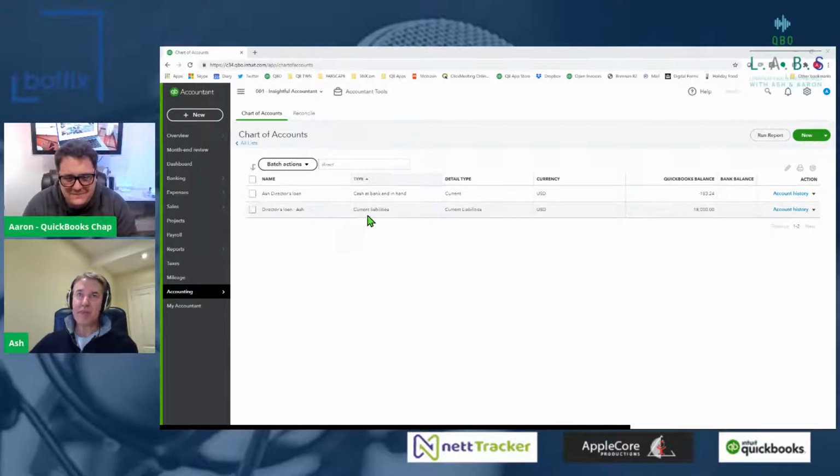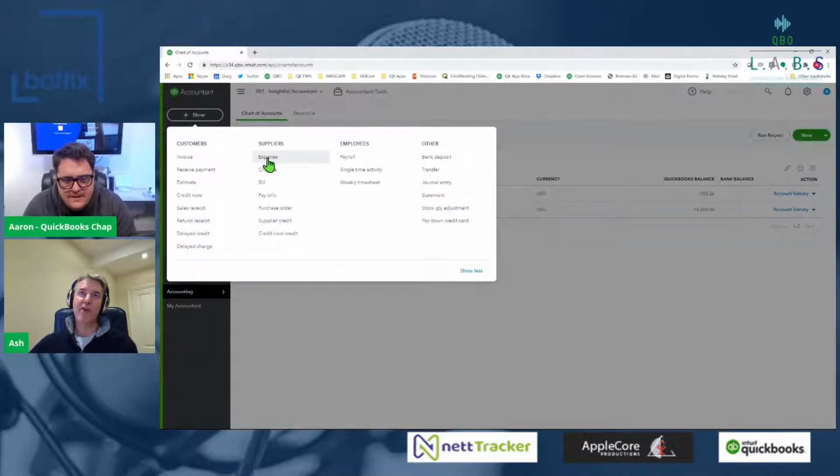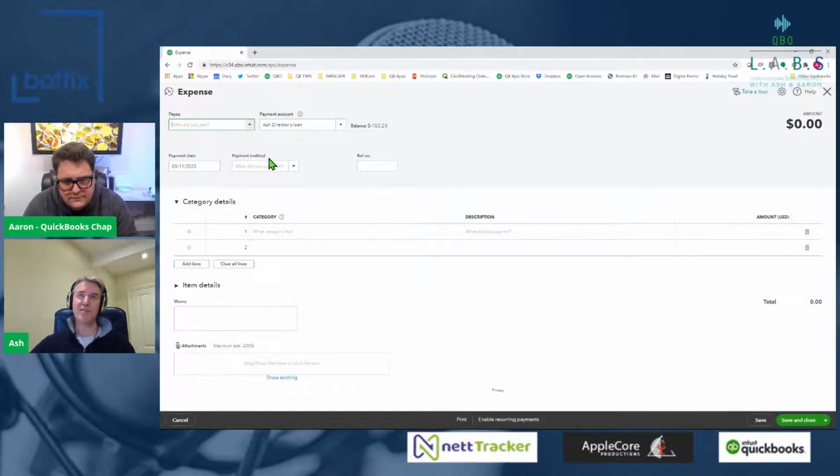So if you record some expenses, maybe out-of-pocket expenses, using the new button to create an expense, whether you've got some travelling expenses or whatever it may be, you can record it to an account called Ash Director's Loan.